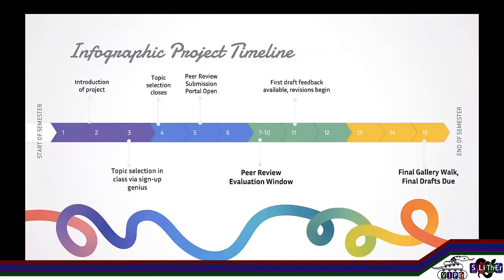So just to summarize where that peer review evaluation window is, this is the whole timeline for that semester-long project. And I love this really colorful graph or figure. Start looking from the start of the semester to the end. The peer review window is right in the middle of the semester. That's when I usually try to do it, after the first exam has been handed back, but before they take the second exam.